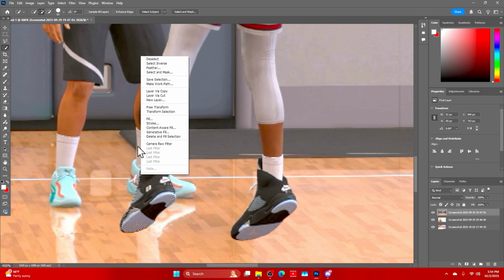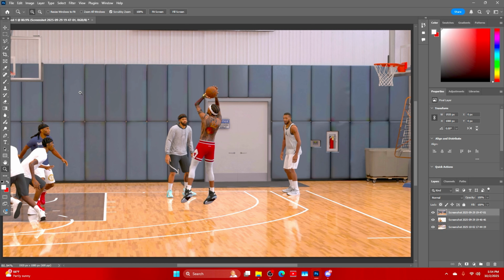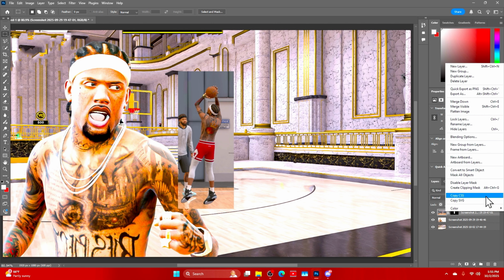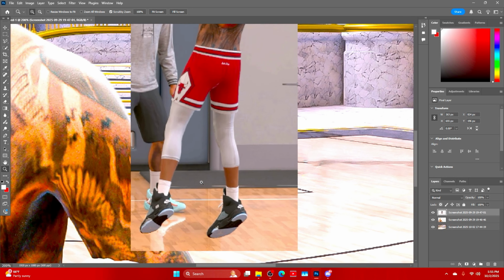So what I'm going to do is come here. I'll go back. I'm going to deselect it. I'm going to do this because for the video's sake, we don't take all day. Go right here. And I'm going to convert it to a smart object. Rasterize layer. Now, you know what I'm saying? Just to get JaVale McGee out the back,